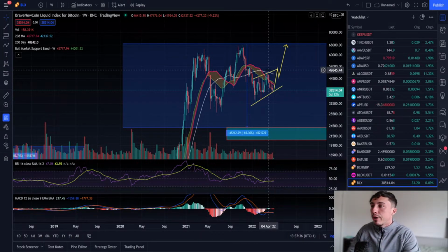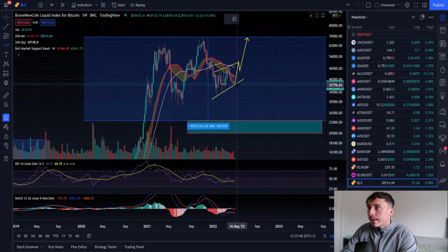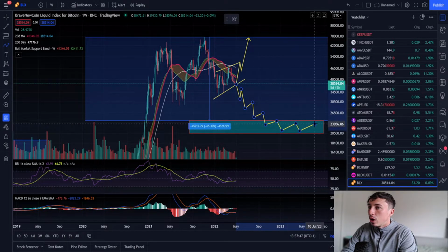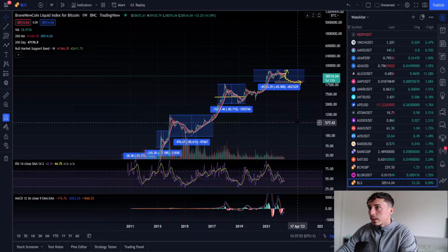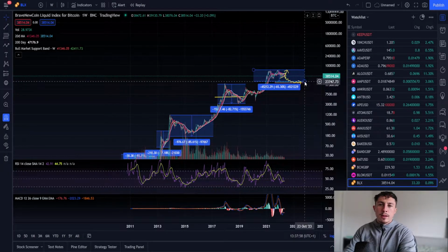So yeah, two scenarios that could happen. Of course, we have the bull situation coming up to $70,000. We have the bearish situation where there'll be lots of bounces along the way, where we actually come down to these lower $20,000 levels, which maybe it makes sense that we do as we zoom out and we look at the market cycle. Doesn't that look much more realistic to find a bottom floor price around $20,000 before moving up